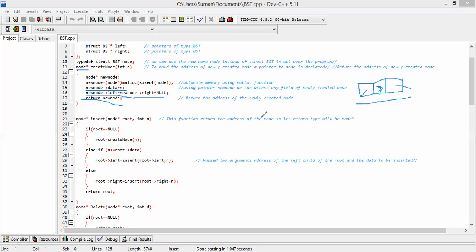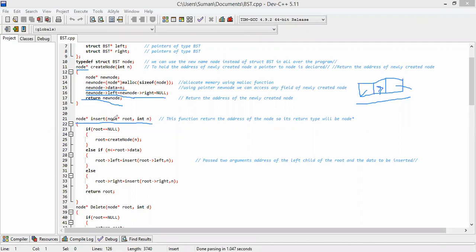In main, this is the function call. If any function is called, then its definition should be present in your program. So this function's definition is mentioned like that.